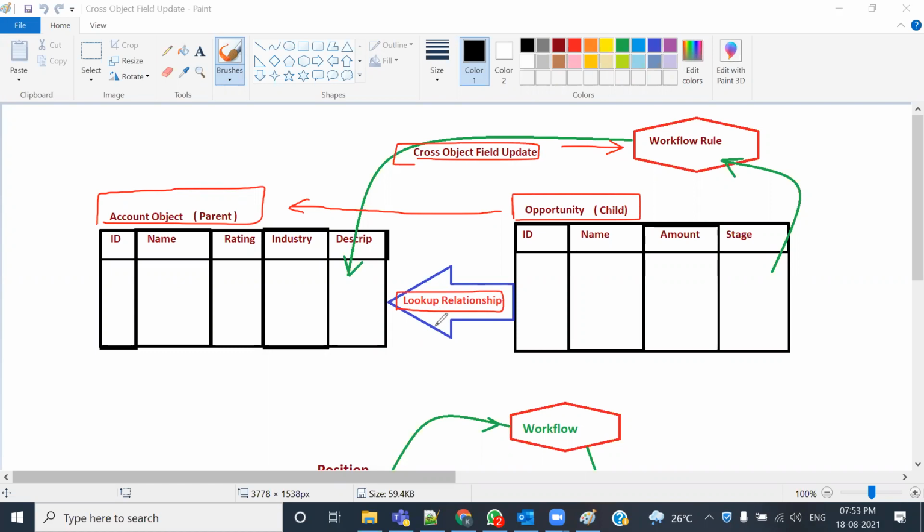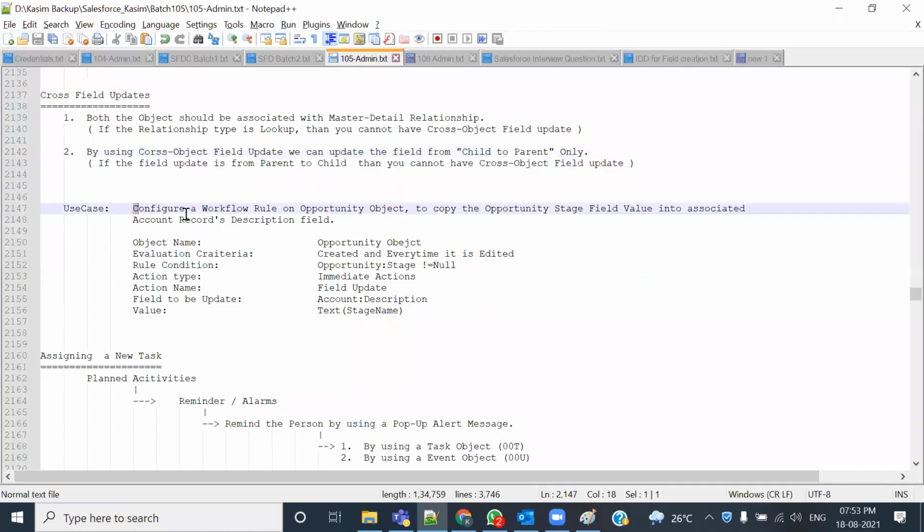चलिए, तो मैं आगे बढ़ता हूँ, यूज केस लेता हूँ और यूज केसेस के जरिए से सीधा आपको समझाने की कोशिश करता हूँ। तो यूज केस हमारी ऐसी है कुछ कि कॉन्फ़िगर अ वर्कफ्लो रूल ऑन द अपॉर्चुनिटी ऑब्जेक्ट। वही चीज है जो यहाँ पे आप देख रहे हो, सेम चीज है। तो हमको वर्कफ्लो कॉन्फ़िगर करना है ऑन द अपॉर्चुनिटी टू कॉपी द अपॉर्चुनिटी स्टेज फील्ड। समझाता हूँ मैं, डोंट वरी, पहले पढ़ लो क्वेश्चन। टू कॉपी द अपॉर्चुनिटी स्टेज वैल्यू इनटू एसोसिएटेड अकाउंट रिकॉर्ड्स डिस्क्रिप्शन।